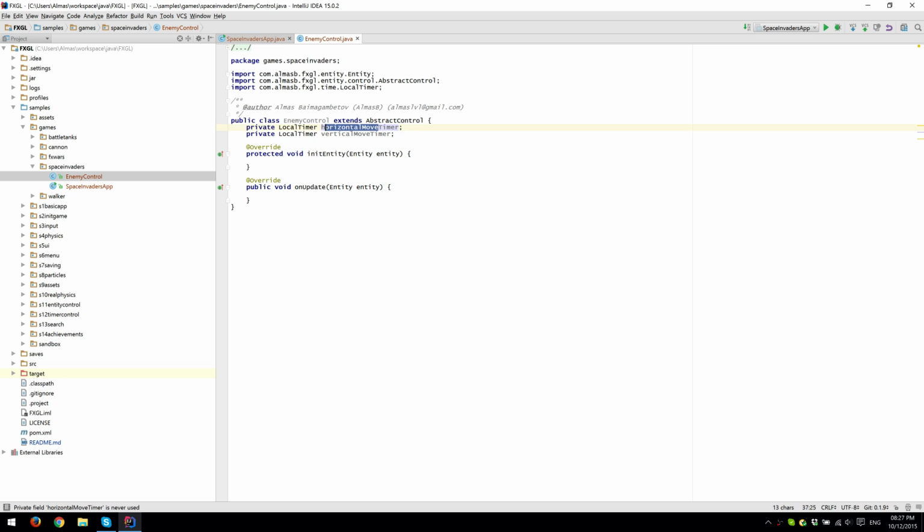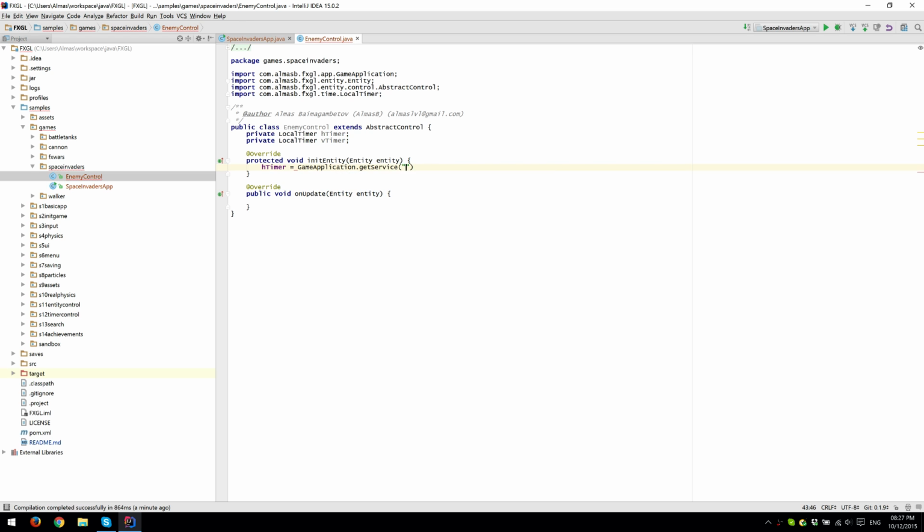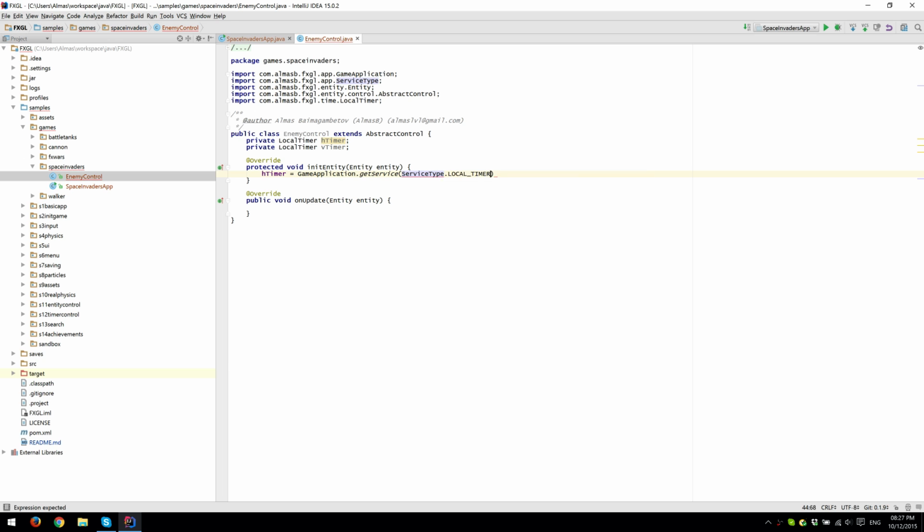I could just reduce that to V timer and H timer. Get service, service local timer. So this is how you can obtain services now in the newer version of FXGL, as opposed to having to have an instance of game application. HTimer, VTimer,